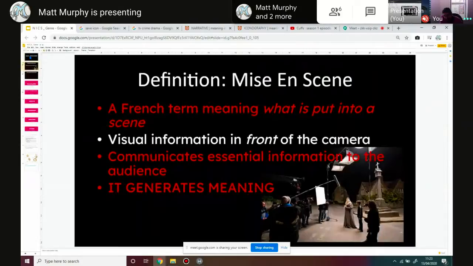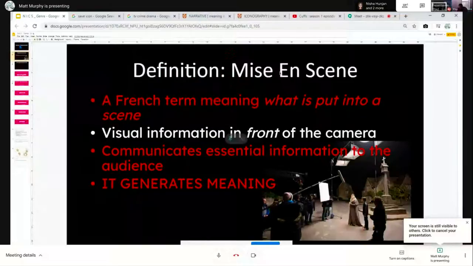Or you need a quick recap. It's a French term, which means everything which is put inside of the scene. So that little picture. So to help you remember what those things are, to give you a kind of framework to base your answer or your coursework around,